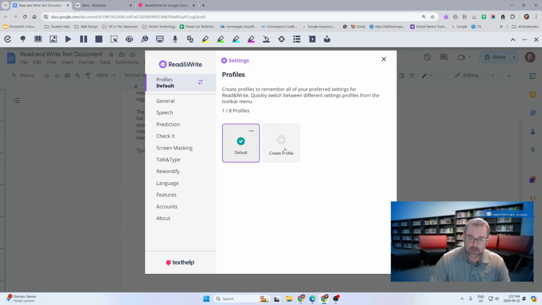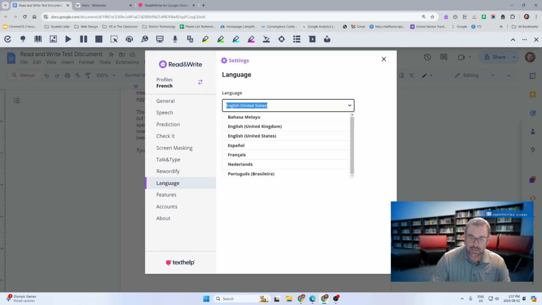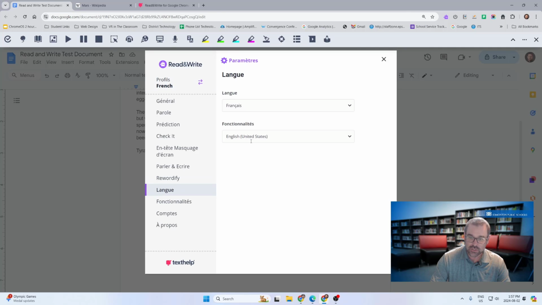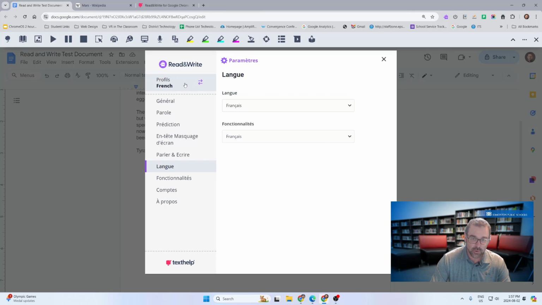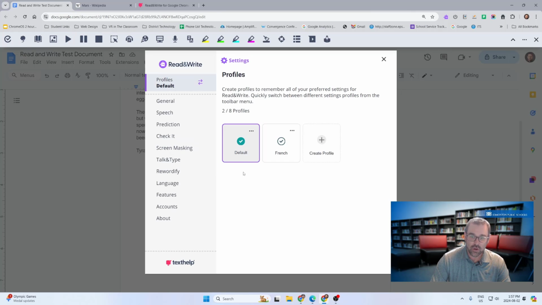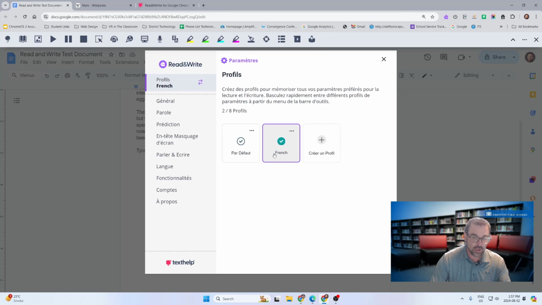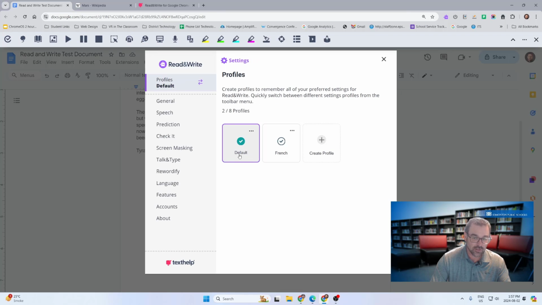Here now, we could go ahead and create another student profile. Maybe we call this French. And when we're in this French transition, this is a settings profile. So perhaps now under languages, I can go in here and I'm going to make this French and make this French. And now all my menus are in French. All my hover-overs up here are in French when I go over them. But now if I want to switch that back as a student, maybe in a French immersion program, I can simply click on my default English profile and toggle between the 2 languages and all those settings, including speaking language